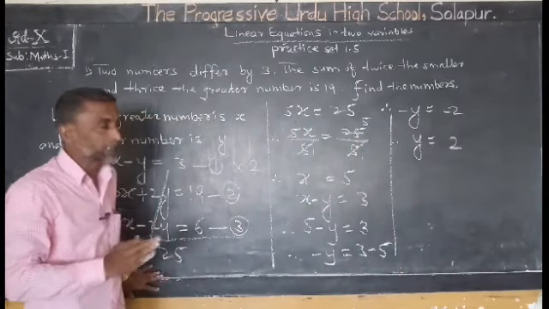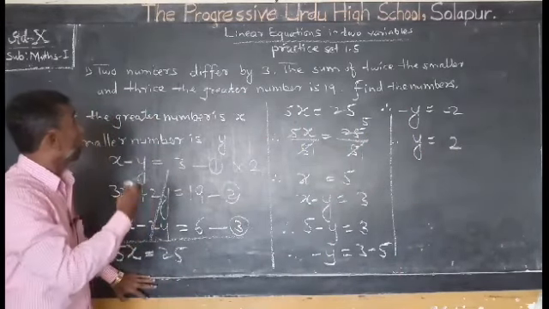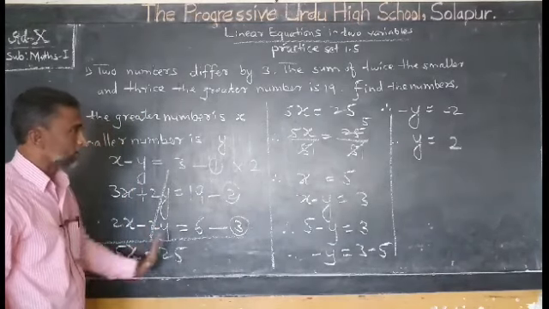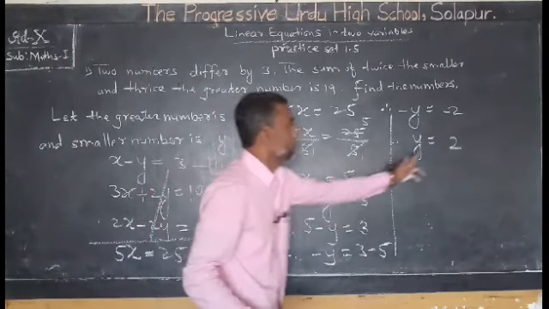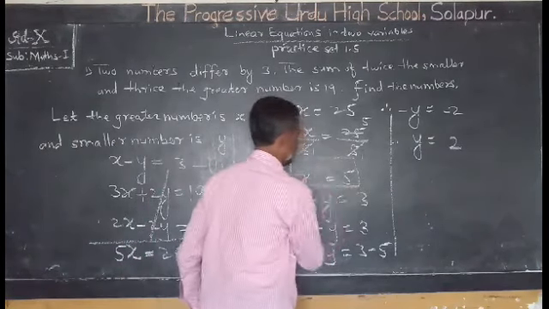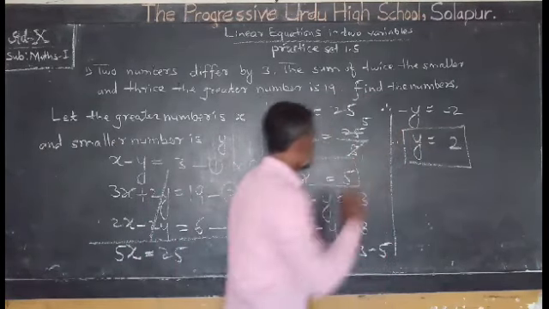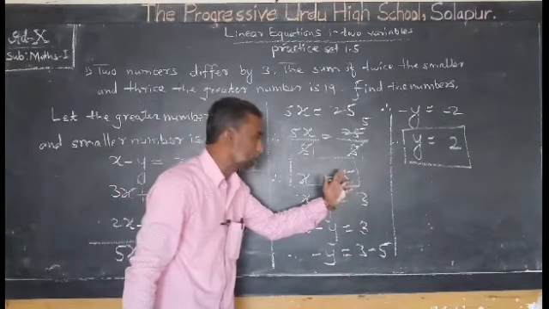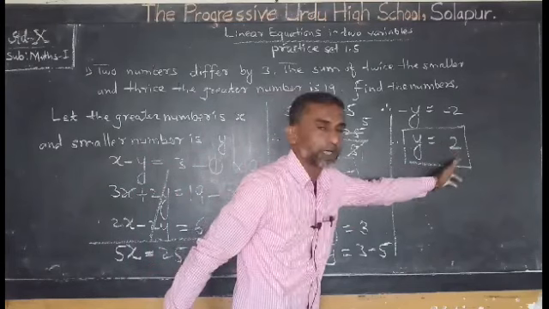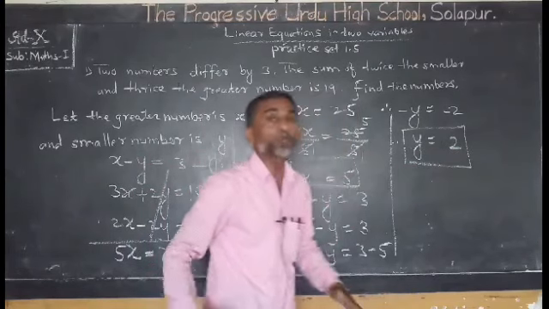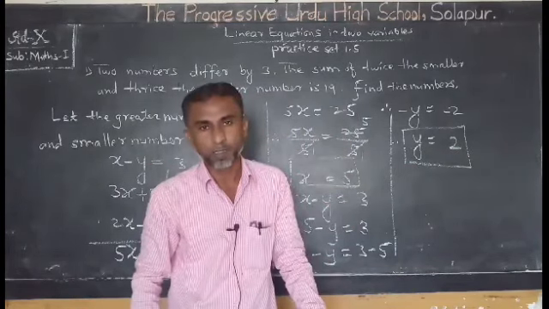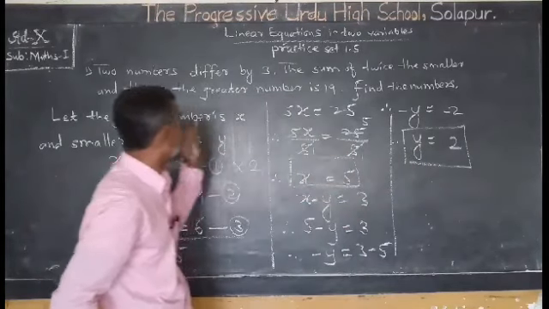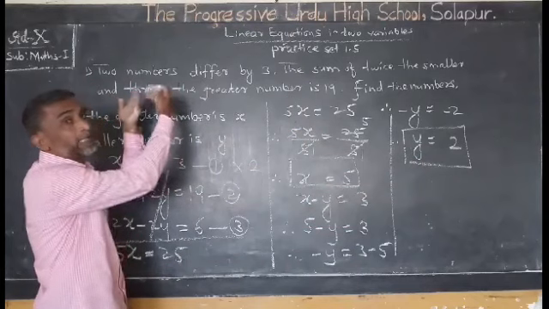Now, in this way it is solved. What we have been asked is to find the numbers. So, x is the greater number and y is the smaller one. In the last line, write the sentence: the greater number is 5 and the smaller number is 2. You can confirm your numbers by putting the values of your answer in any equation or in any phrase.